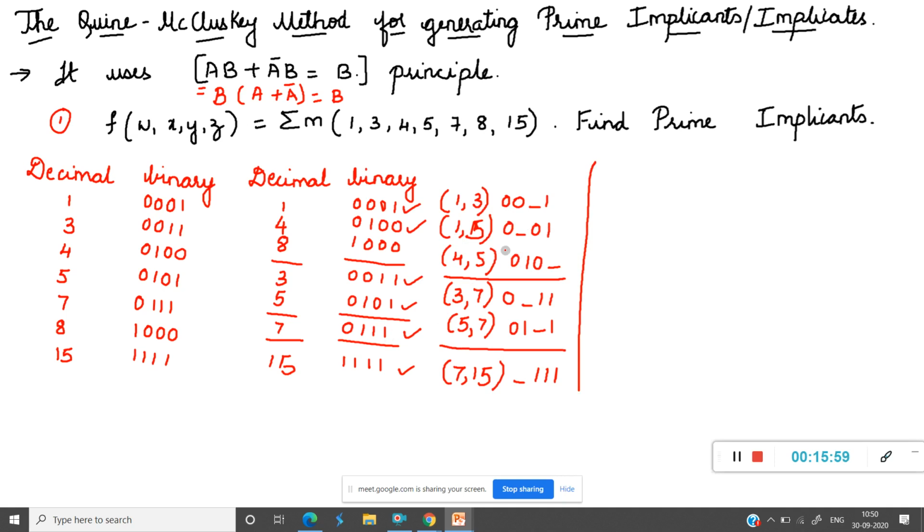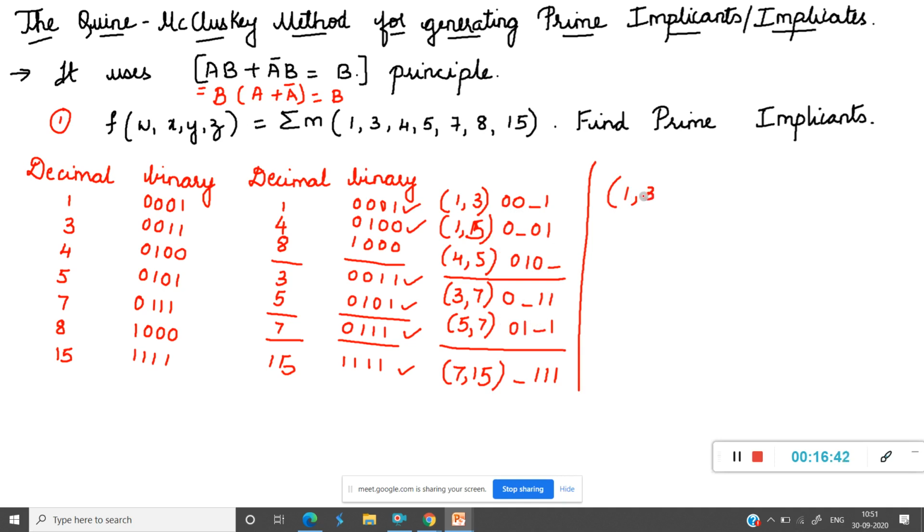Next, we need to compare first group with second group with third group. Okay, students. So can I compare? See, in 1, 3, dash is in the third bit position. In 1, 3, dash is in the third position. So I have to check here where third position dash is there. Okay, 1, 2, 3. So here it is dash. No, let me check 1, 3 with 5, 7. Okay, 1, 3 with 5, 7. 0, 0, 0, 1. Here it is second bit is dash. Third bit is dash 1. Yes, we can compare it, students.